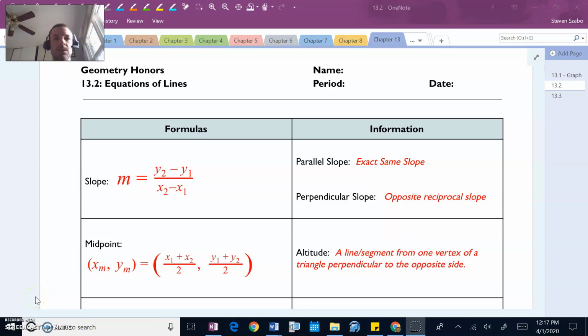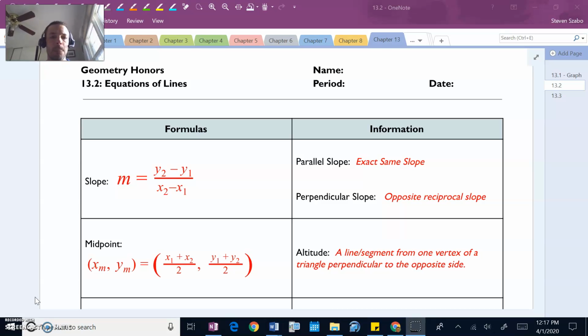Hey everyone, section 13.2 today. We are going to review a lot of information, quite frankly. A lot of it is going to be reviewed. There's not going to be a lot that's pretty new. We'll get to some things that are a little bit different maybe in section 13.3, but we're talking about linear